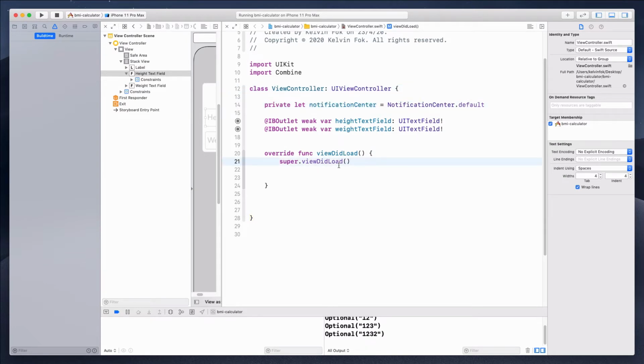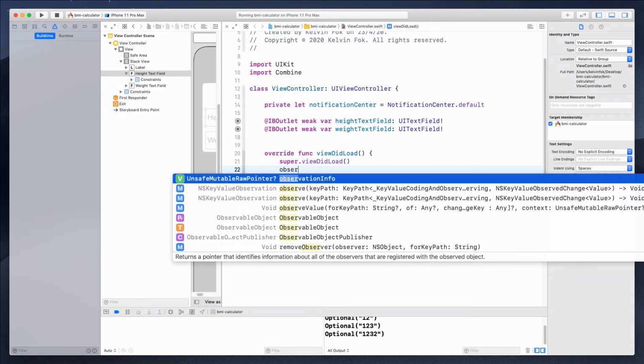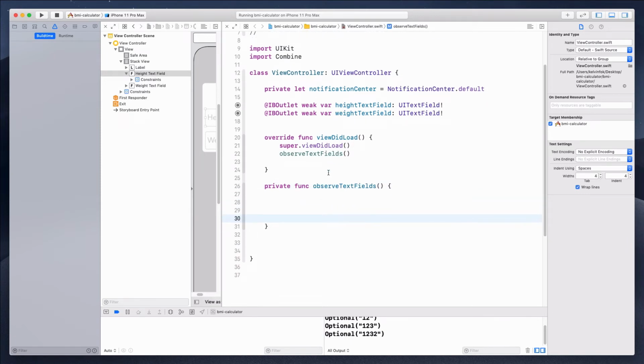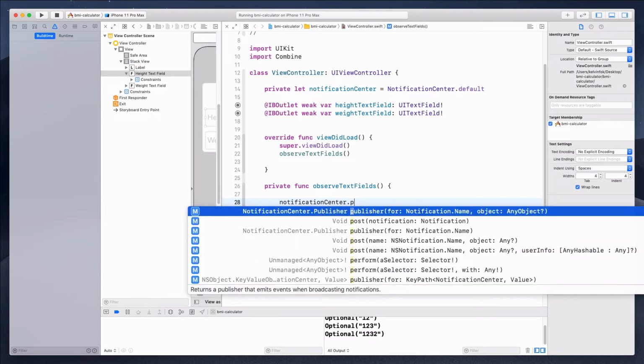So what we can do is let's create a function here called observeTextFields with an S, because we are observing both text fields, okay? So we are going to observe both text fields over here, and the code will be notificationCenter.publisher